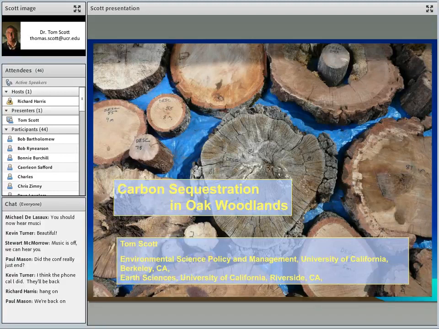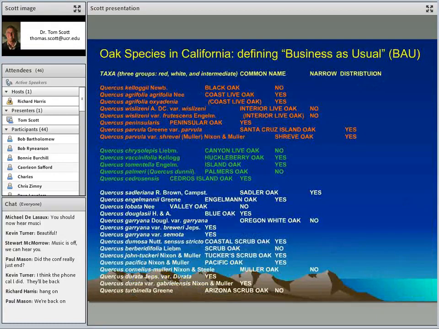So what I want to try to do today is give you a sense of what oaks are and why they're different from conifers, and then to talk a little bit about how people might go about looking at sequestration of carbon given those constraints. So to start at the beginning, it's always good to go over the species that we're working with, because I think people have a sense of oaks being oaks, and because they haven't been a commercial property, and because we haven't used them for a lot of purposes other than aesthetics, we don't really have often a good sense of how many oaks we have and how they separate.